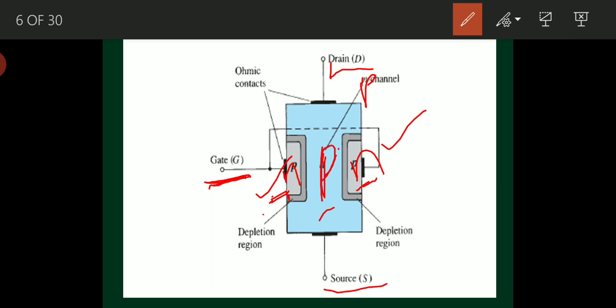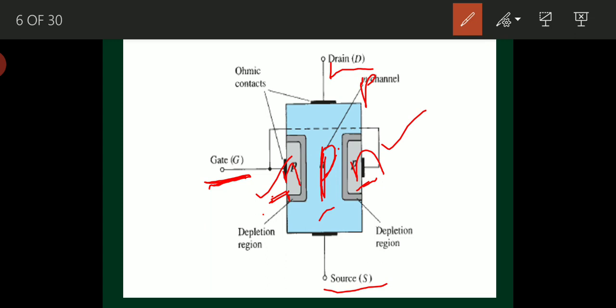So what will happen? The holes, which are majority charge carriers in p-type semiconductor, will move towards the n-type region. Why? Because a process called diffusion takes place. What is diffusion? If charge carriers move from a high concentration area to a low concentration area without any applied external energy, under no force, then it is called diffusion.